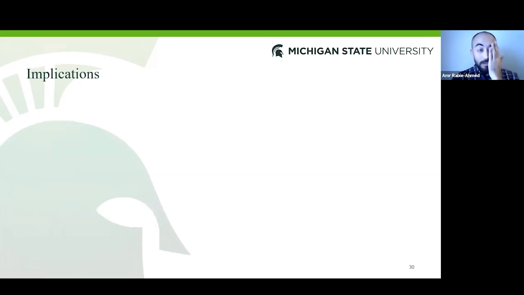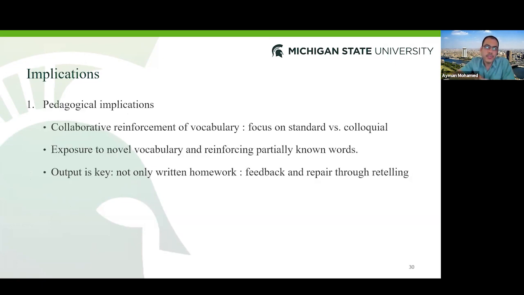Okay, so just briefly, we're going to touch on some implications of these results. There were some pedagogical implications regarding collaborative reinforcement of vocabulary learning, or even consolidating already partially known words. The focus here was on standard Arabic, but this could also apply to the dialect. For this particular lesson, we were targeting reinforcing the use or output of standard Arabic in class,